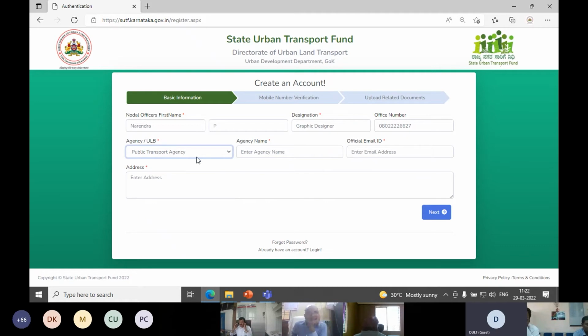For example, I'll take public transport agency. This is for demo actually.